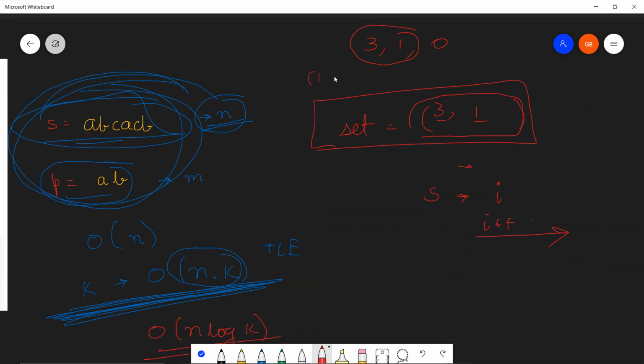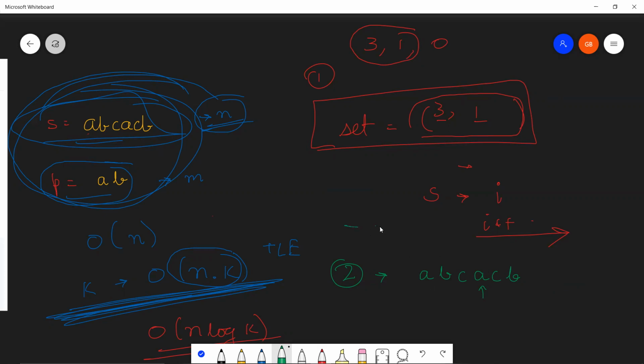This is one method. The other method would be to replace. Let's say your string S is this A, B, C, A, C, B, and for some reason you have to remove this. So instead of removing, we replace it with some arbitrary symbol or some character. It is given in the question that all these characters are lowercase, so you can choose anything that is not a lowercase alphabet.